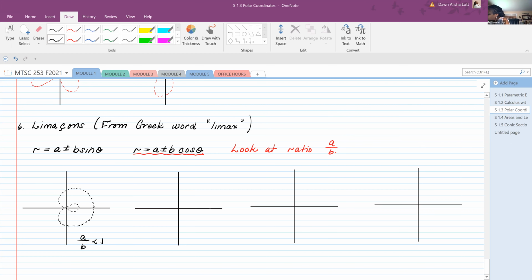And then you get something like this when A over B is equal to 1. It's called the limacon. I think it looks like a lima bean. Okay. Then this one is